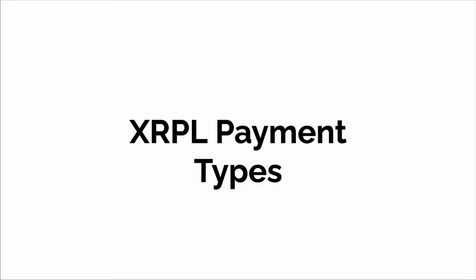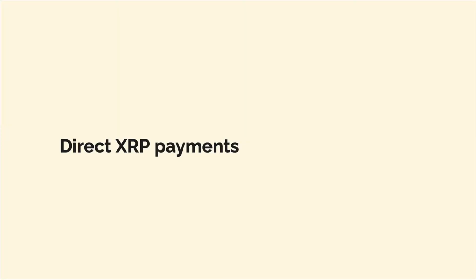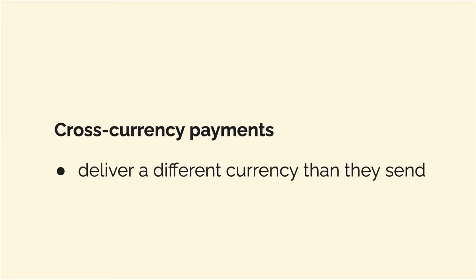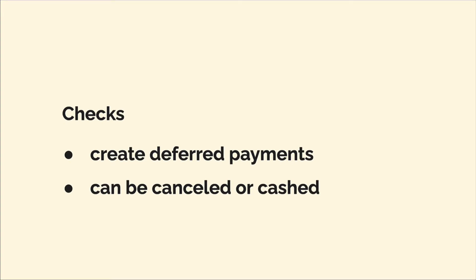In this lecture, we are discussing the payment types available on the Xrp Ledger. There are direct Xrp payments. This is the most standard type of payment where you just send Xrp directly. There are also cross-currency payments available, which deliver a different currency than they send. You can also have the payment type of a check, where you create deferred payments that can be canceled or